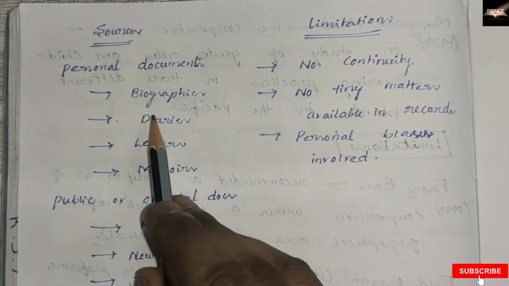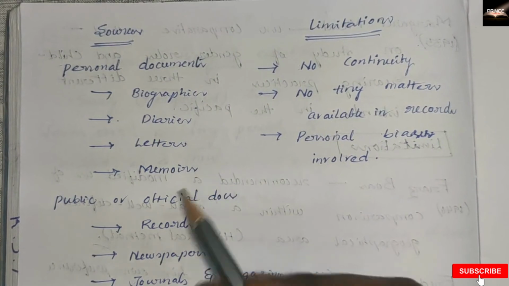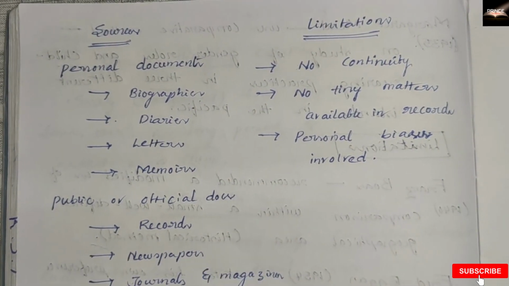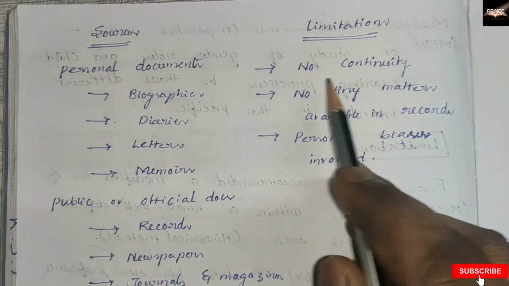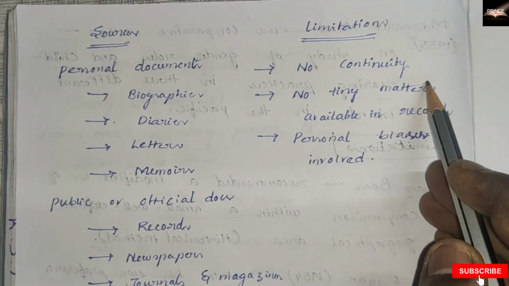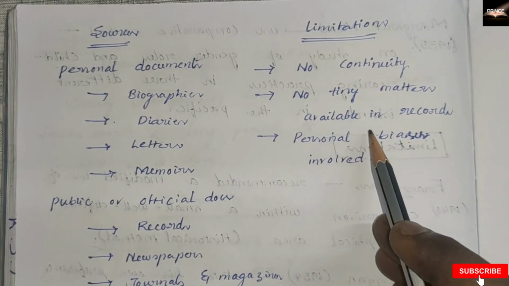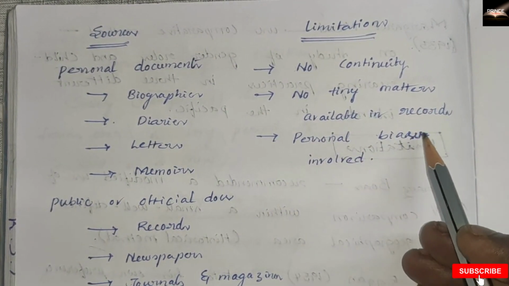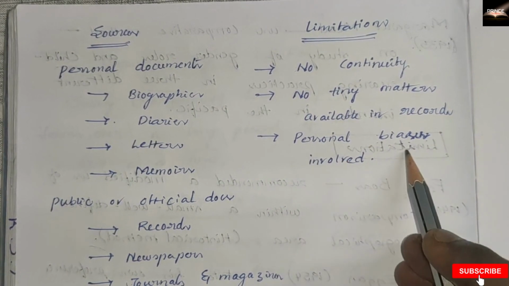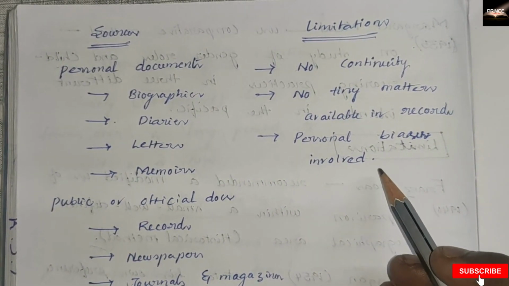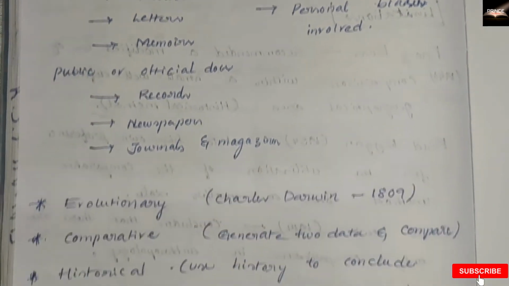The sources are personal documents, biographies, diaries, letters, memoirs, etc. And coming to public or official documents, records, newspapers, journals, and magazines. And coming to the limitations: no continuity is available in those history texts, and no tiny matters are recorded in those history records. Next, personal biases are involved. Personal thoughts are also involved in those history textbooks. Understand? Coming to the outline picture,